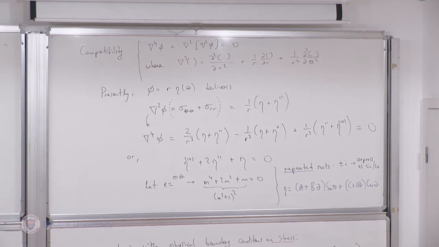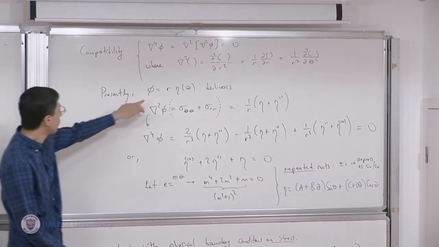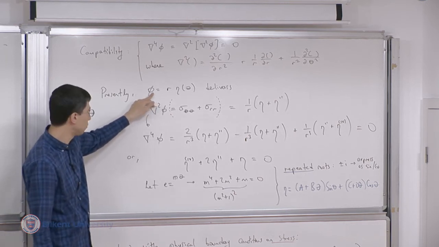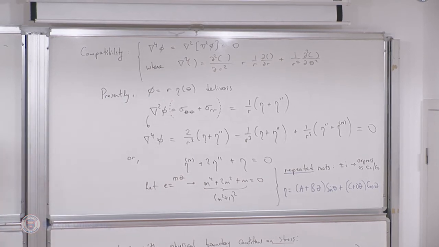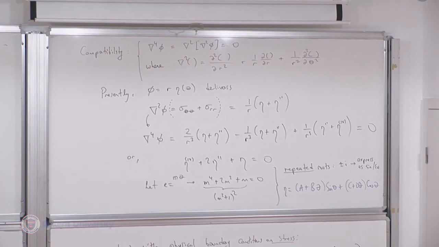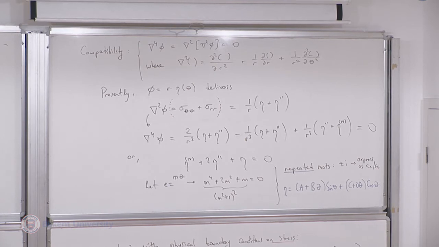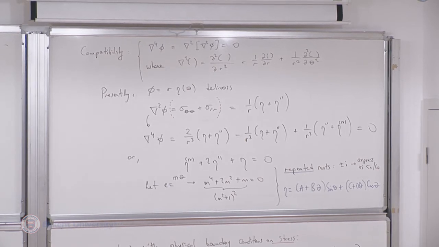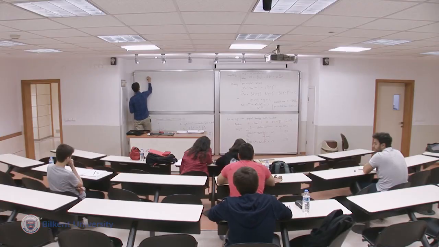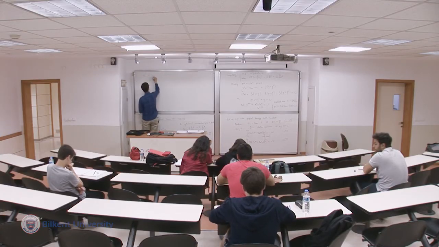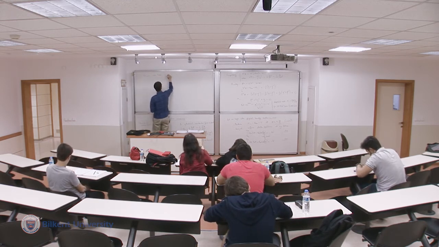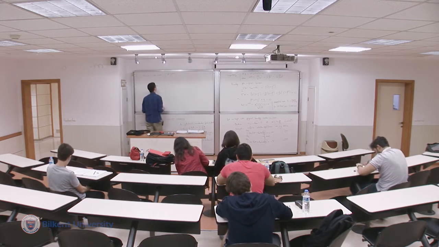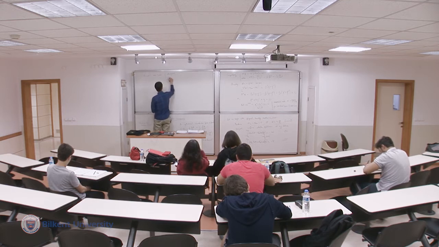So I now have the general form, a problem-tailored form for the Airy stress function. I need to determine the constants that are appearing in that solution. And we're going to do that by looking at the boundary conditions. The boundary conditions are in terms of stress, so we need to first look at the stress. So we have phi equals r eta, and eta is equal to